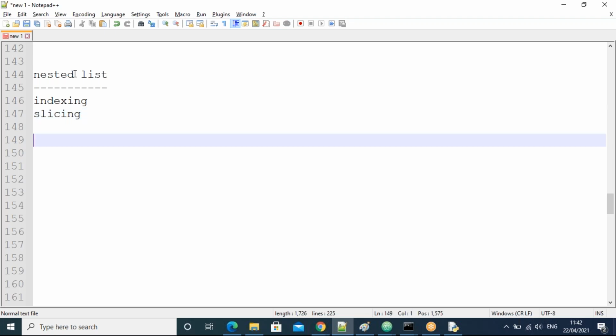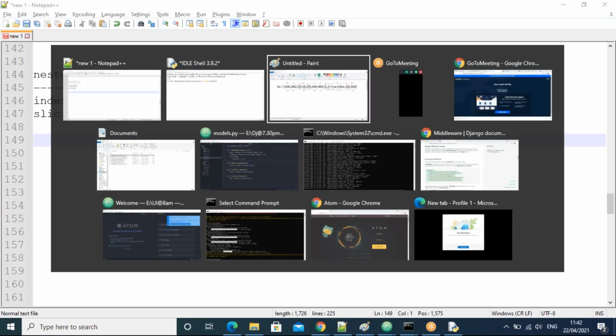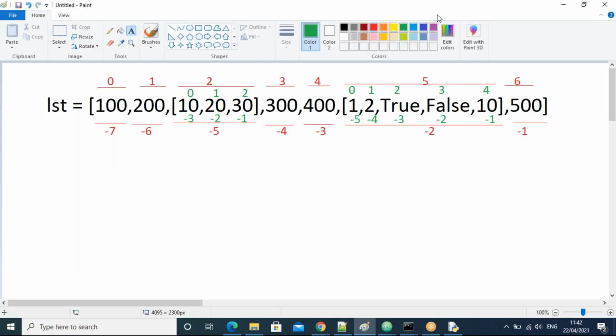Now all of you observe. Let's apply some functions, guys. We'll apply some list functions on the nested list, like adding elements, removing elements in the sublist and in the main list also, and clearing the elements. And finding the length of the list. Now all of you be ready for the question, like in the previous class.